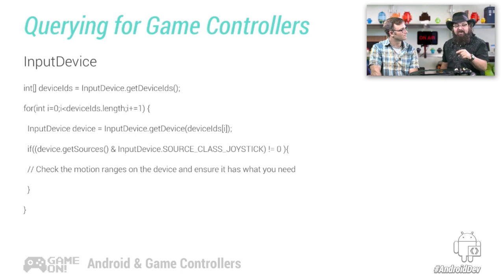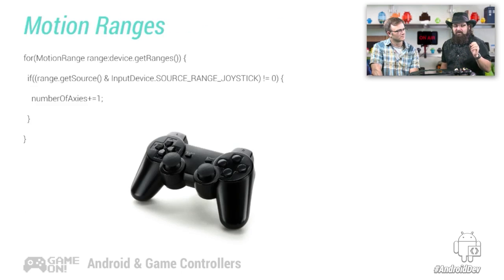That means there's an analog stick on it that is a joystick axis. From there, you're going to want to possibly check the ranges that are available for that joystick device. So we're going to look at that now. Okay, actually, sorry. So going back,